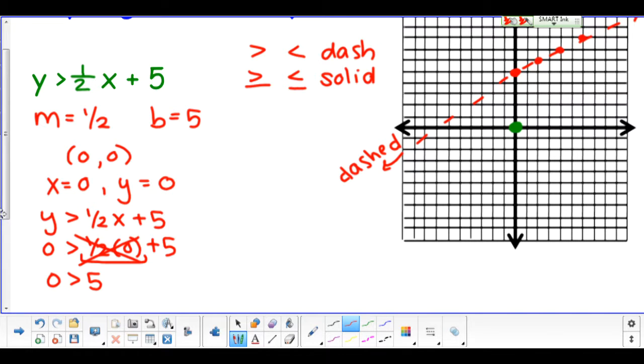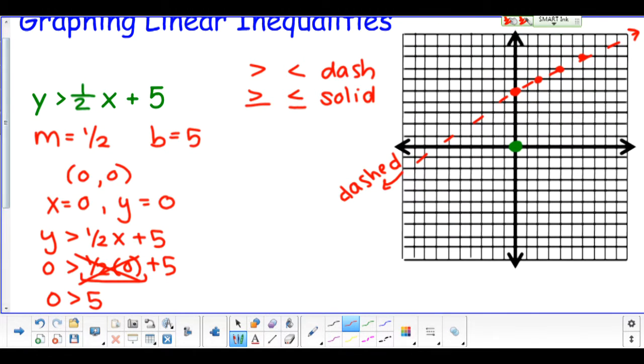Now I want to determine, is that a true statement or is that a false statement? So is 0 bigger than 5? Remember, your inequality sign wants to eat the bigger number. So since it is eating the 0, it's saying that 0 is bigger than 5. We know that to be false